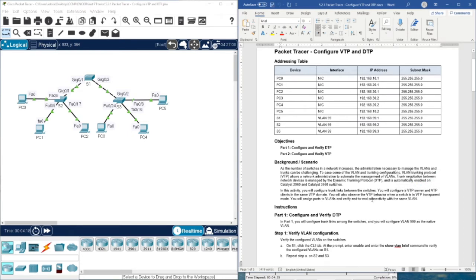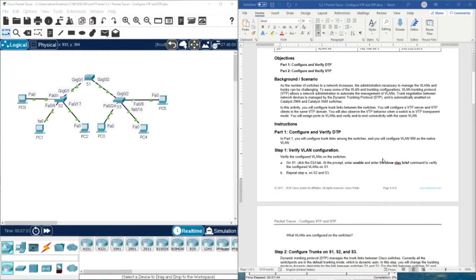It's also necessary to mention that there are three modes in VTP. The first one is VTP server, the second one is VTP client, and there is also VTP transparent, as you will see all of them in this video. Okay, so let's get started with part one, which is about configuring and verifying